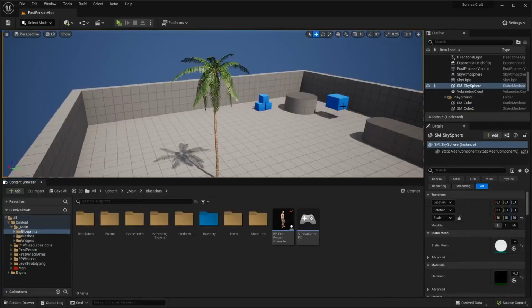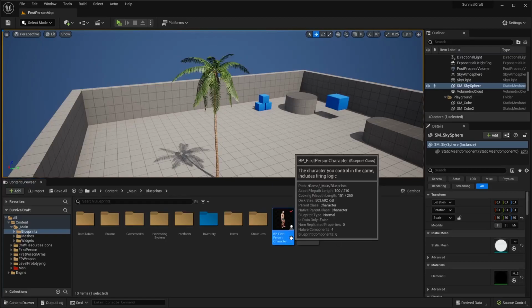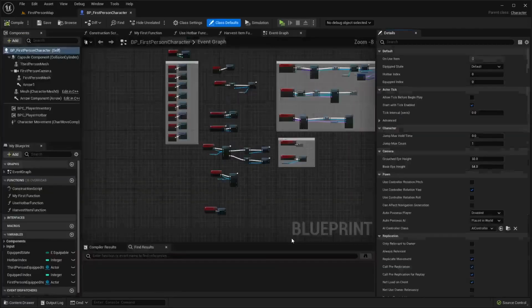Alright, welcome back. So in this lecture we're going to go ahead and set up the drag and drop from our inventory to our hotbar, and from our hotbar to another hotbar slot, and then also from our hotbar back to our inventory. So the first thing that we need to go ahead and do is open up our BP first person character,